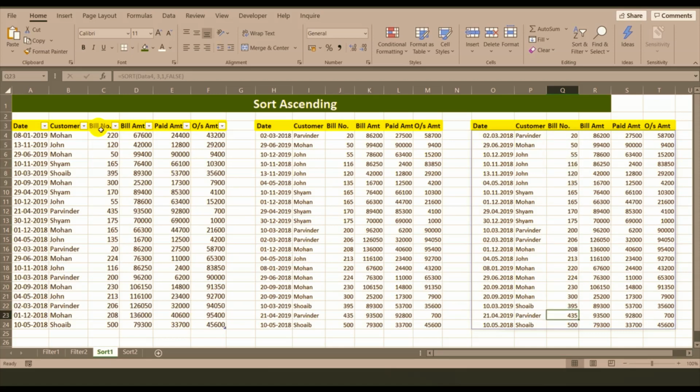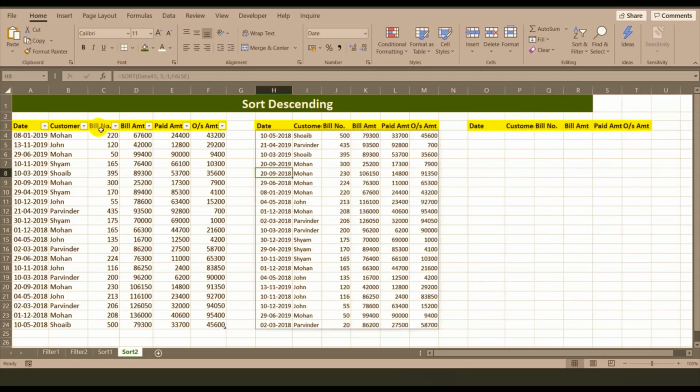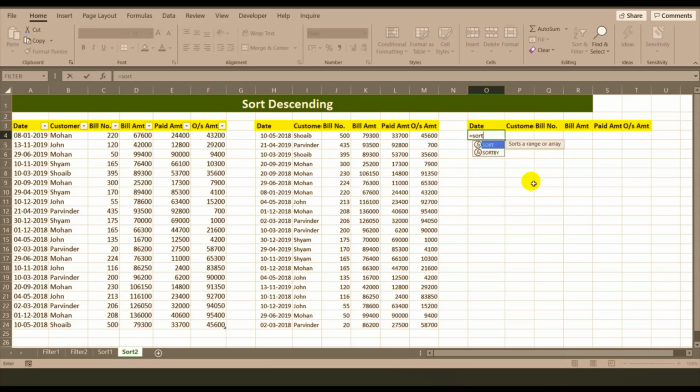Now we will move to second sheet in which we will see the sorting of data descending. So again we will use the formula is equal to sort bracket open array, comma sort index number. This time we want to get the sorted data based on customers. So we will type 2 because our customer column is number 2.